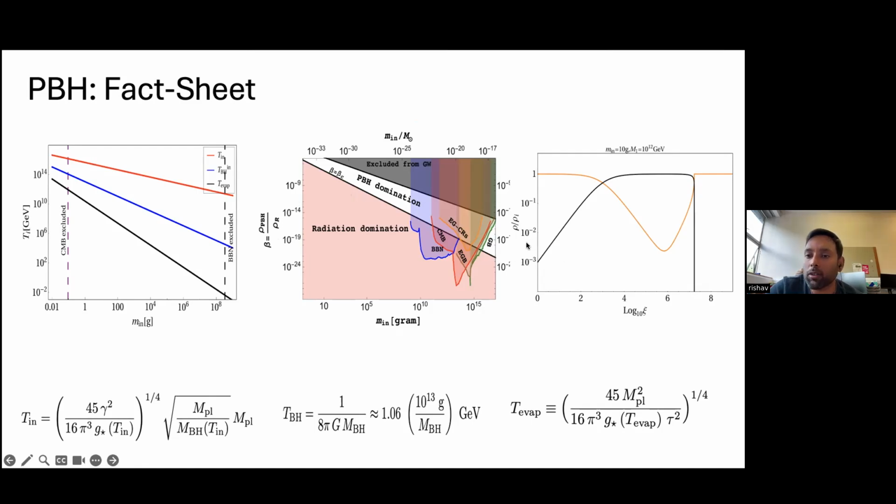Now in the third plot, again I show the variation of the ratio of energy density of black hole or different components with radiation. So to start with, the universe was dominated by radiation. And in that radiation-dominated era, the black hole came into the picture. The energy density of the black hole gradually started to increase with the expansion of the universe. And then at a certain epoch, the universe became matter dominated because of the PBH domination. And once the PBH evaporated, the universe again transformed into a radiation-dominated era.